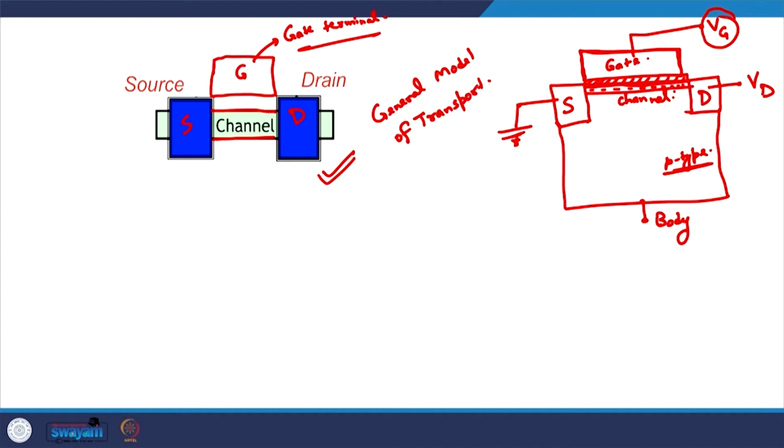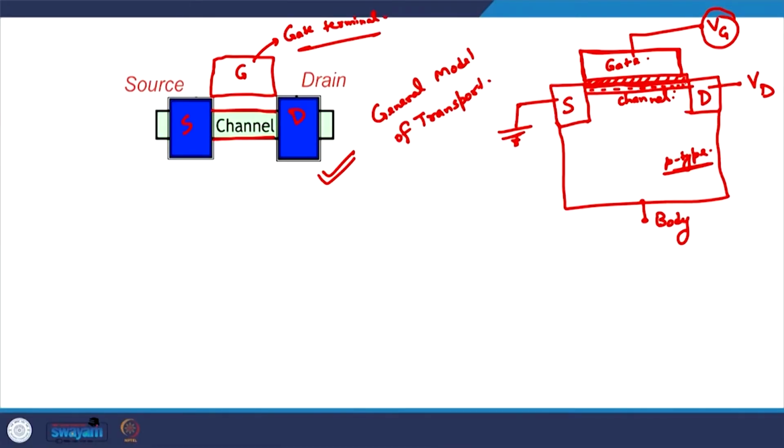And once this very thin layer of electrons is there, then a current may start if we apply a voltage difference between the drain and the source terminal. So this is the sort of 3 terminal device that